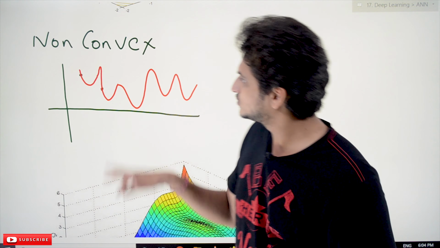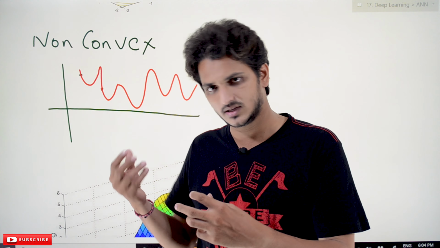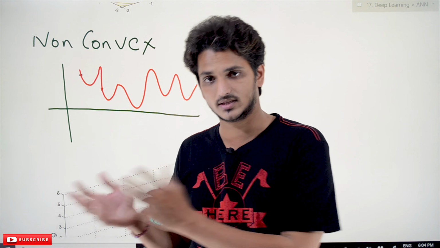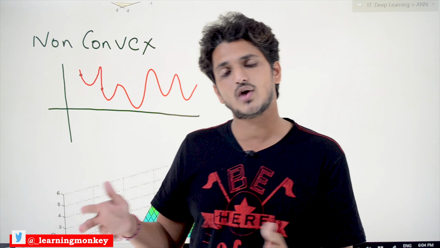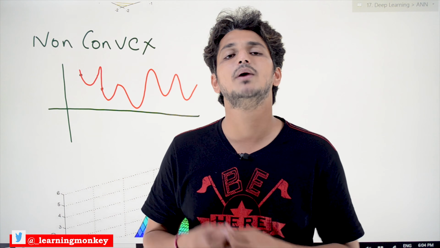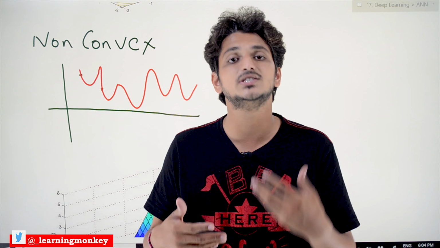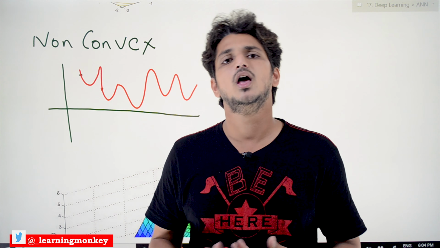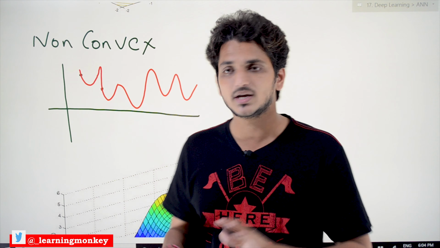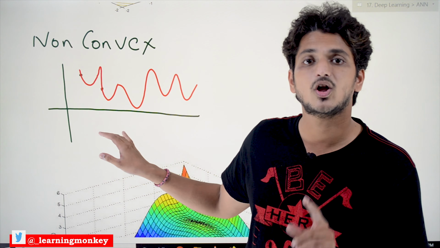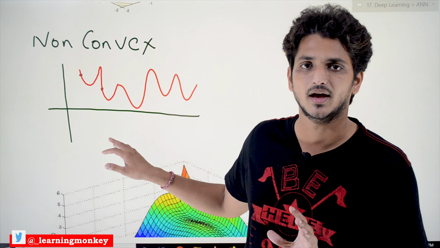One way is to first randomly select some weights, train the neural network and get the loss value. Randomly select other weights, train the neural network, get the loss value. Out of these loss values, pick the minimum loss value and take it as the global minima. That is how we identify it. This is one of the ways to identify the global minimum value. So this point is very important: our loss function is a non-convex loss function in a neural network. This point you have to understand.